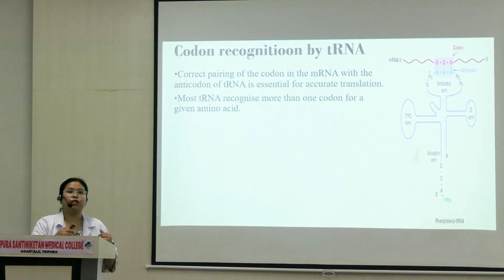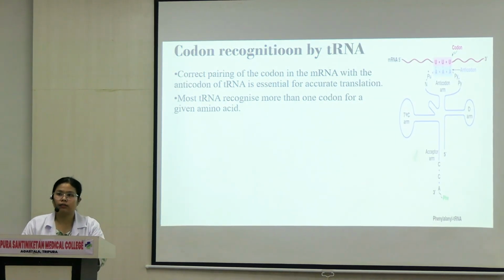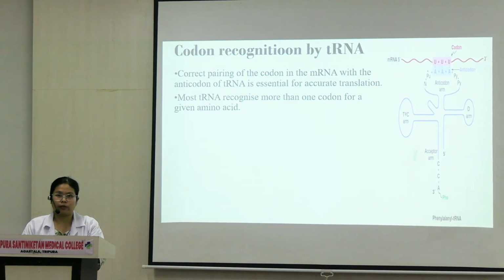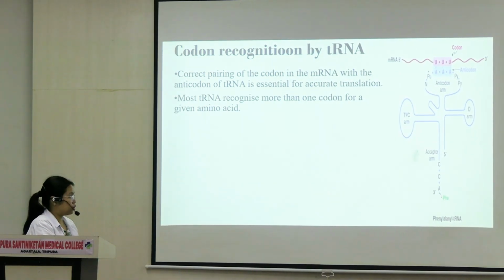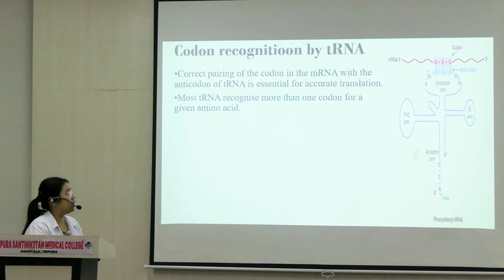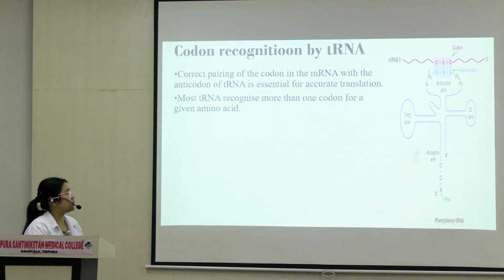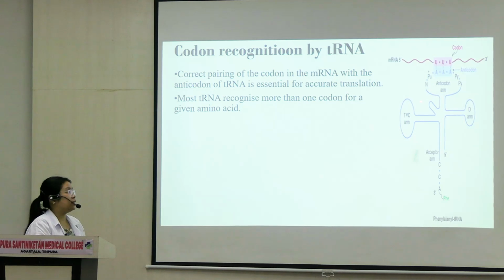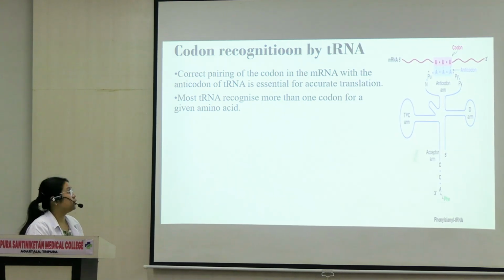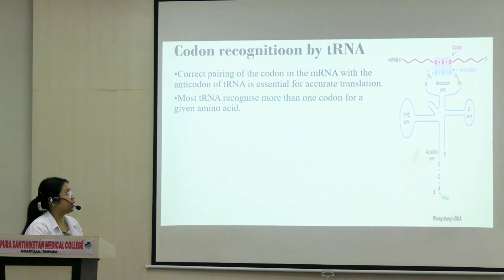Like I said, each of those codons is read by the tRNA. Okay, this is the structure of tRNA. These are different arms of tRNA. There's an acceptor arm, there's a T arm, there's a D arm, and there's an anticodon arm. And they are all made up of nucleotides only, a nucleotide sequence in this shape.